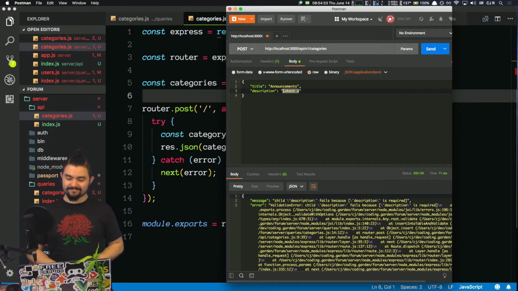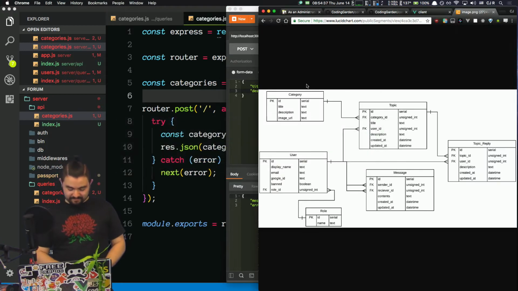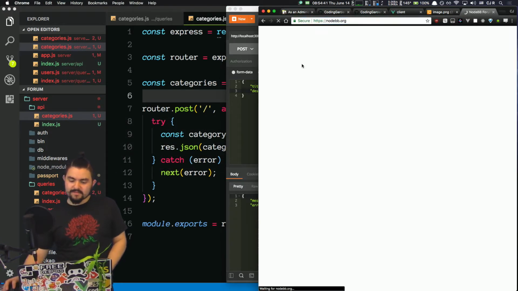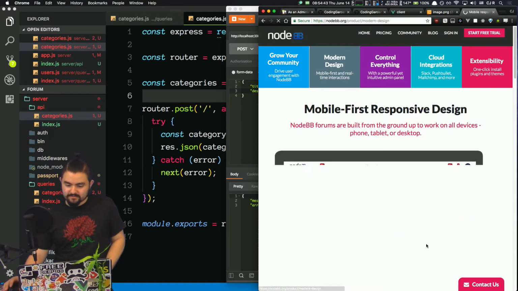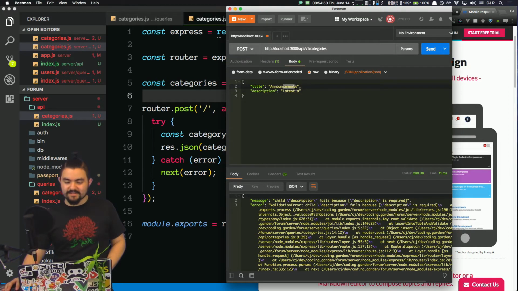I don't know. Let's Google it. So there are forums out there like NodeBB, an open source one made with Node. Let's look at theirs. Announcements. Check here for announcements about NodeBB. That seems like a decent description. Check here for announcements about